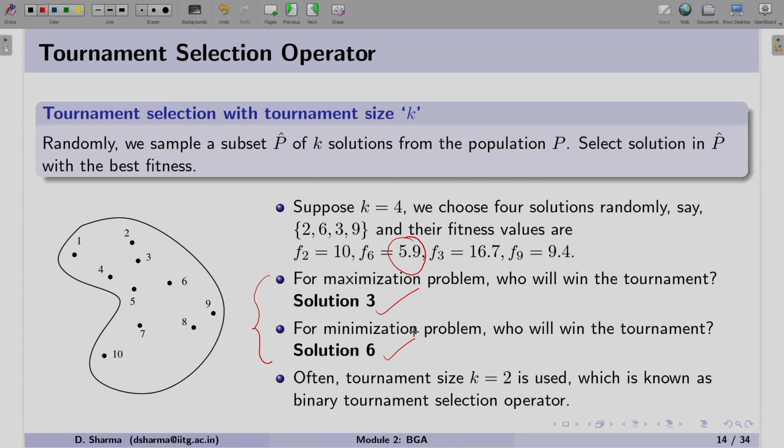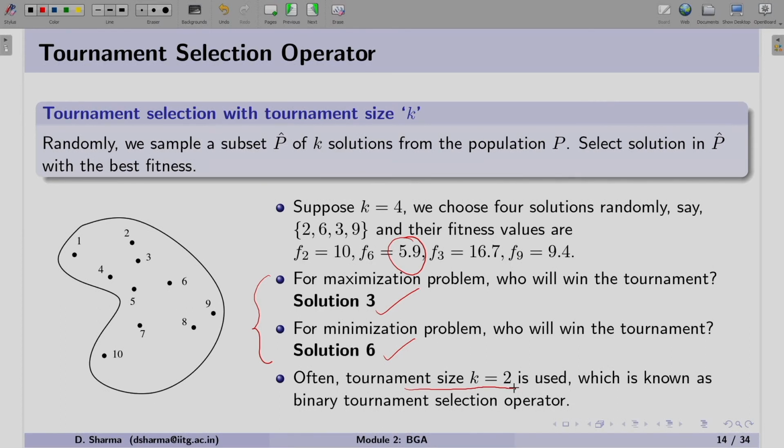However, with the fitness proportionate selection method, you might have realized that the operator is designed for maximization problems only. If you want to use it for a minimization problem, then you have to use the duality principle to convert the minimization problem into maximization and then use it with the fitness proportionate selection method.